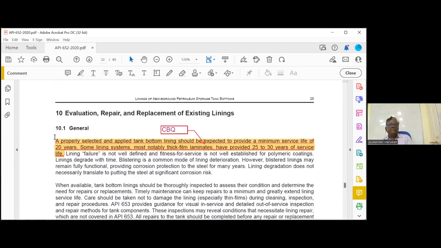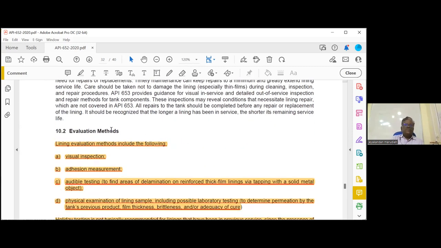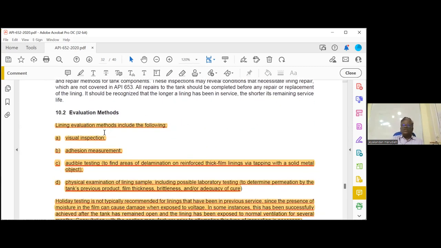Then repair. A properly selected and applied tank bottom lining should be expected to provide a minimum service life of 20 years. Some lining, most notably thick film, may provide 25 to 30 years. So thin film 20 years, thick film 25 to 30 years. Then evaluation. How will we check the lining is in good condition? Lining